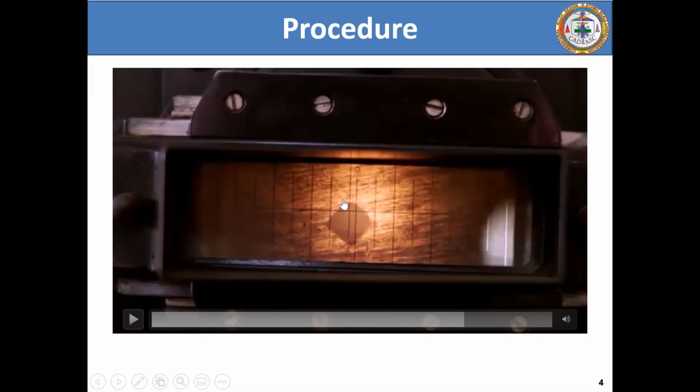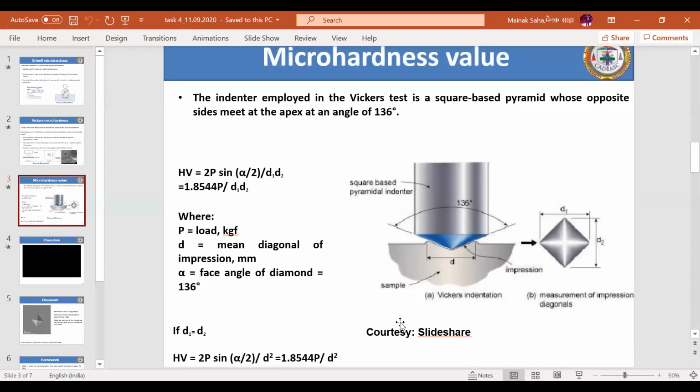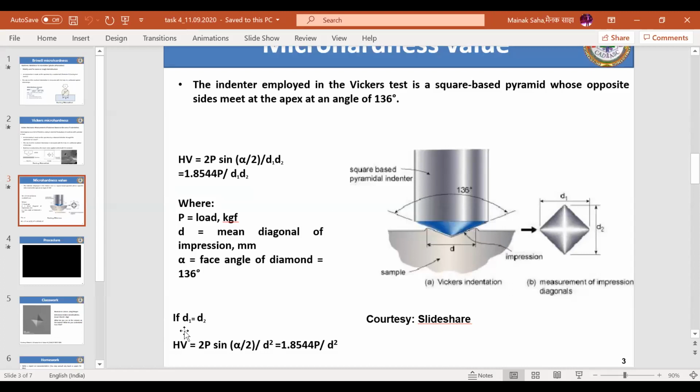And the second case is that if you rotate this 90 degrees, this line will pass through the top rounded corner, and this line will pass through the bottom corner. So this was the initial diagonal length D1, and the second diagonal length was D2. So you have two diagonals now. Now you are able to measure two diagonals, D1 and D2. Based on that, we are able to get two things. I will show you. So now you will be able to measure the hardness.